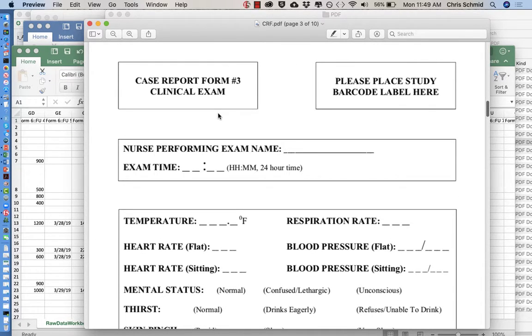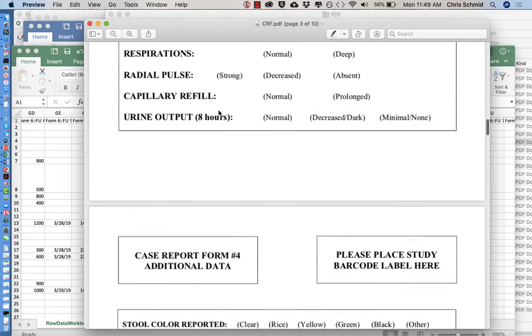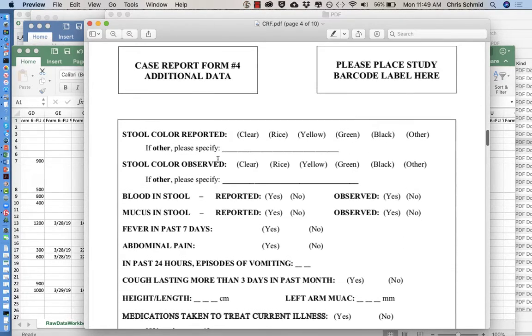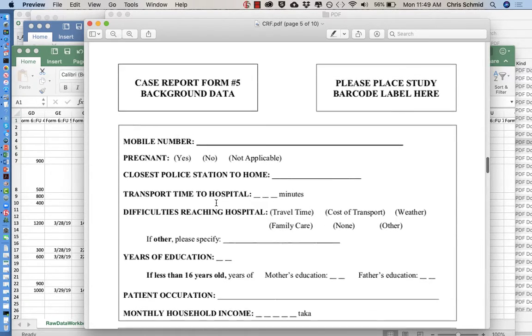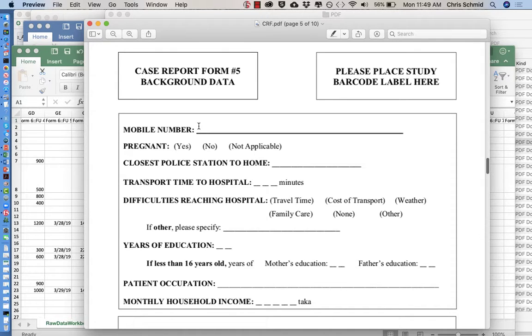And so then they do a second exam, and then they collect additional information, for example, on the stool, and so forth. And then they collect background data on the person. So what's their mobile phone number? Are they pregnant or not? Now, stuff about transport time and police station, the reason we're collecting this is we want to know where they live,